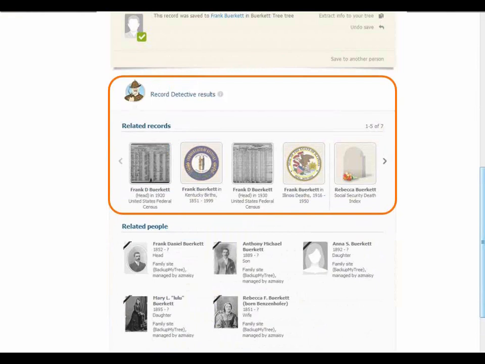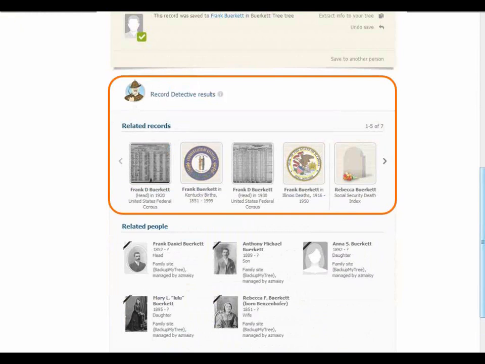And we're going to present you with more records that belong not only to that individual in particular, but maybe also to other relatives mentioned in this record. Remember, in this case, it's a census, but even if it's a tombstone, sometimes you have other relatives mentioned over there. So MyHeritage went back into the search engine, found all the records relevant to this family, and brought them to you